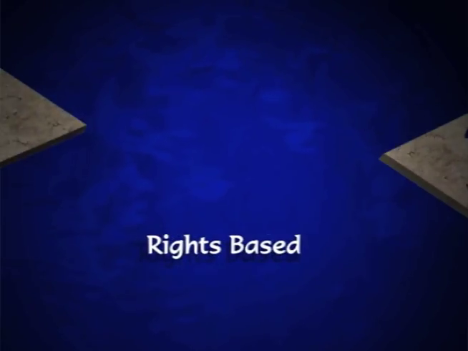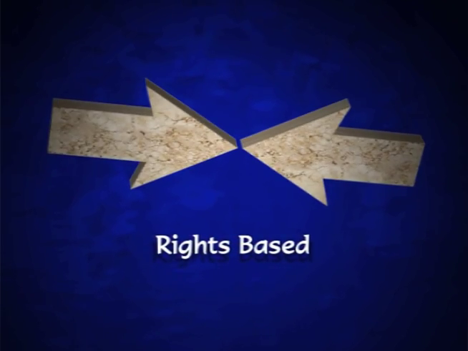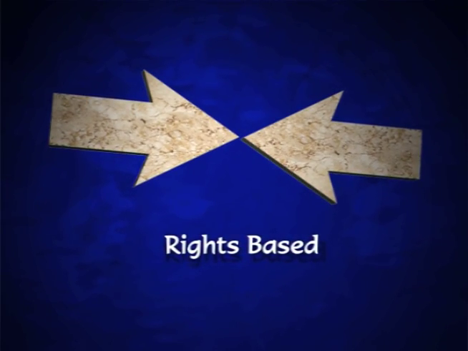The second type of relationship is called a rights-based relationship. When a union comes in, it provides rights to employees, and it provides that level of equity. And the rights-based relationship is not without its problems either, because if you decide that you've been harmed, we tend to go now to a third party in a rights-based relationship to resolve the issues. In a labor environment, that's called an arbitrator, and we tend to go to an arbitrator to resolve our disputes.